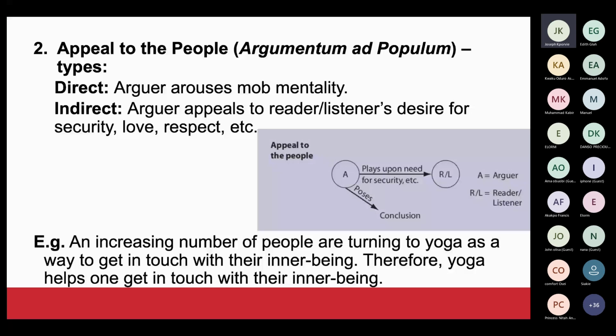Sorry, sir, please. I want to ask something. All of these appeals that you've been talking about, the appeal to force, the appeal to pity, appeal to the people, they are all under the fallacy of relevance, right, sir? Oh, okay. So, sir, please, the 22 fallacies that you spoke about, these are them that are being grouped under the 5 fallacies that you gave to us earlier.